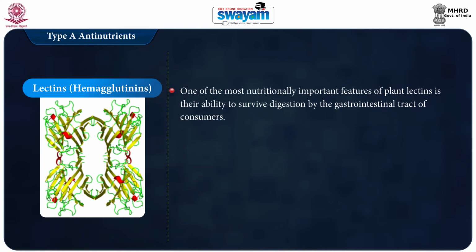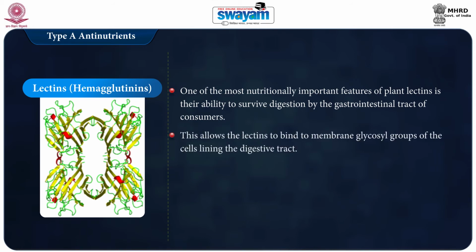One of the most important features of plant lectins is their ability to survive digestion by the gastrointestinal tract of consumers. In such a situation, it allows the lectin to bind to membrane glycosyl groups of cells lining the